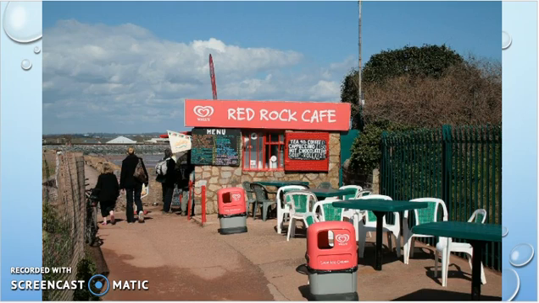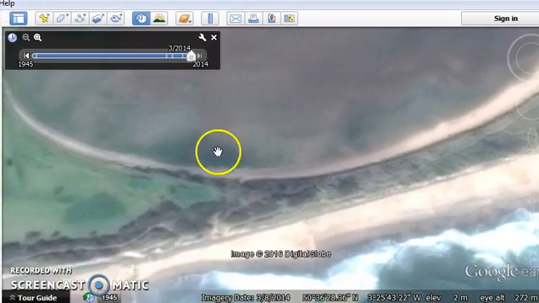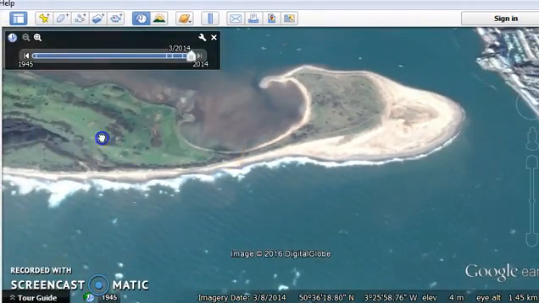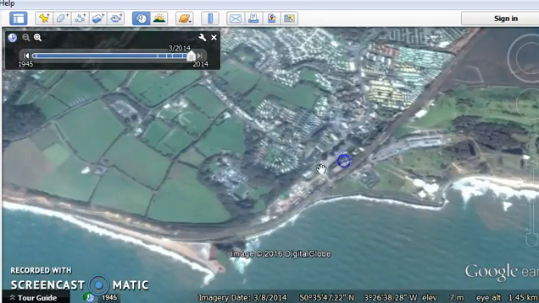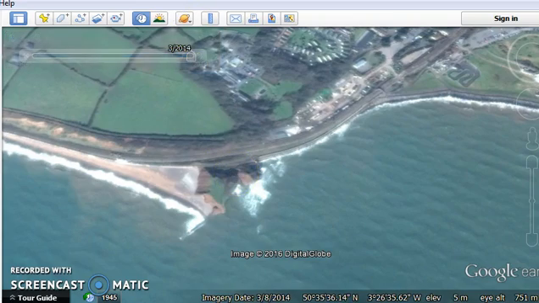Here's the Red Rock Cafe. If we have a look at our GIS image again, we'll see if we can find that one. Zoom in here. It's somewhere on limestone rock, but I don't know where. What I could do,